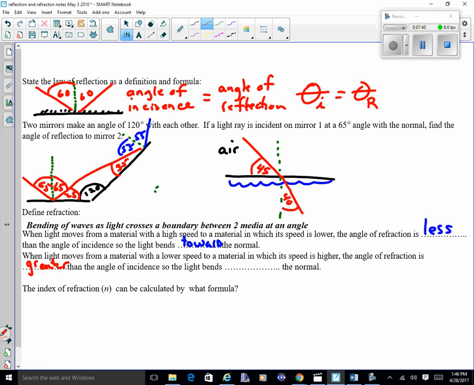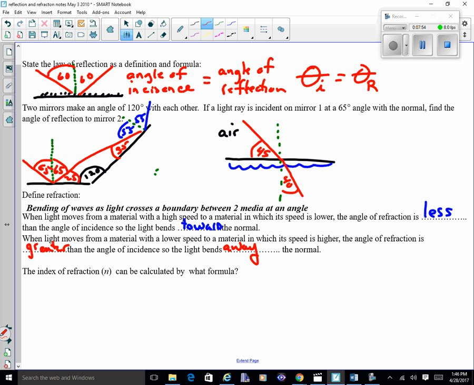This is going to be really, really important when we get into diamonds and things like that, too. So when we calculate the index of refraction, that's what's going to help us figure out how much the light's going to bend. It is symbolized by an N. And here's how easy it is to figure it out. It's different for every substance. So you can figure out the index of refraction for something and tell what substance it is. We're going to take the speed of light